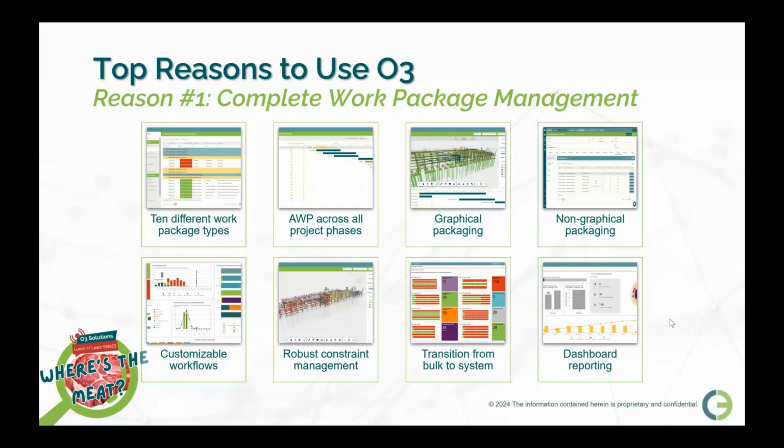And what this means is we are able to support AWP right from that early FEL2, FEL3, select define stage, all the way up to commissioning and completion. So you have one seamless tool. When we get into construction, we're looking at some of the more graphical stuff. So we're looking at, for example, graphical packaging and non-graphical packaging. And what we mean by that, graphical packaging is where we're going to be using the 3D model augmented with a whole bunch of other data, and you can click on a few isometrics, add them to an IWP, and